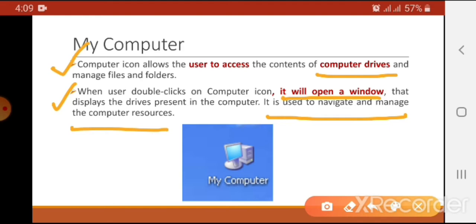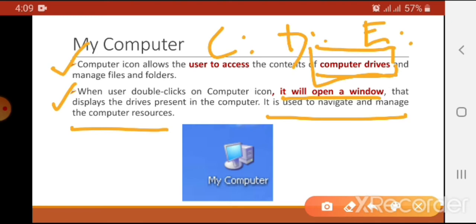every computer has hard disk. When we get that computer ready for use, we make partitions of that hard disk. Those partitions of hard disk are known as the drives, and these drives are referred to as C drive, D drive, E drive, and so on.